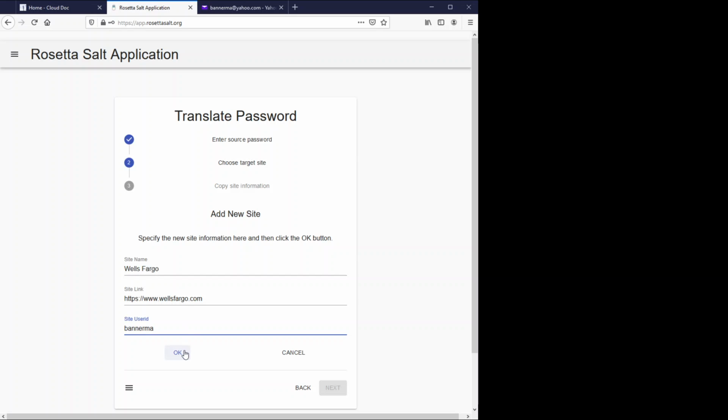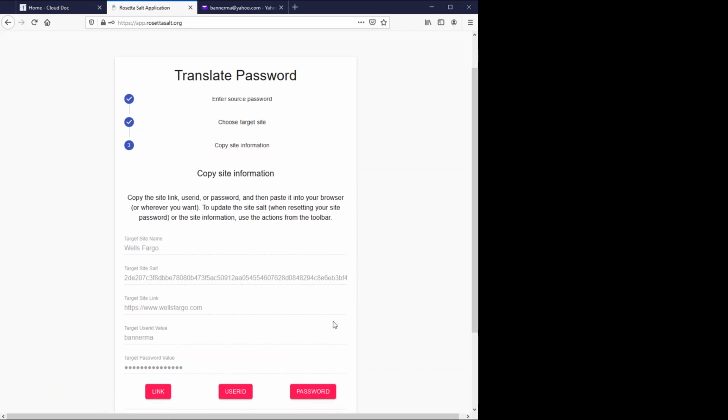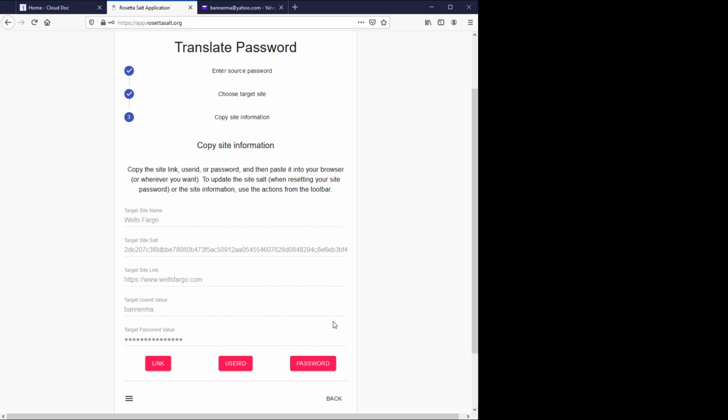It's not, by the way, but just for argument's sake, let's pretend that's the case. Hit OK. Now I've got a Wells Fargo target site. I can choose that and click the next button. So when I click the next button, the